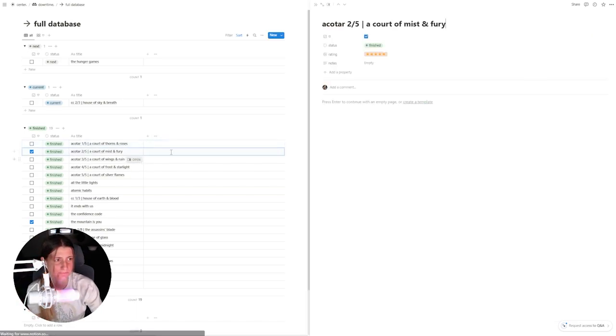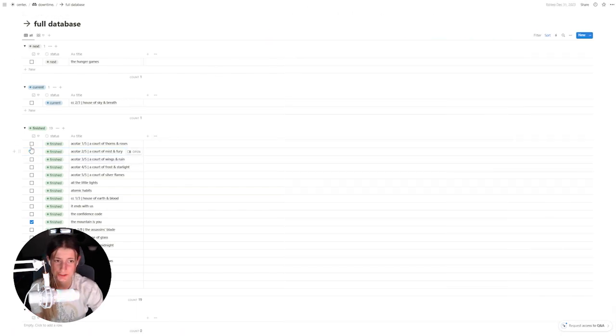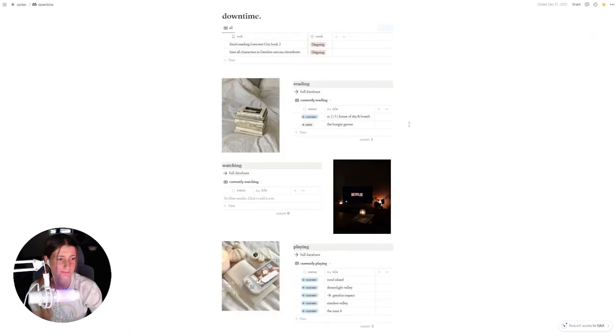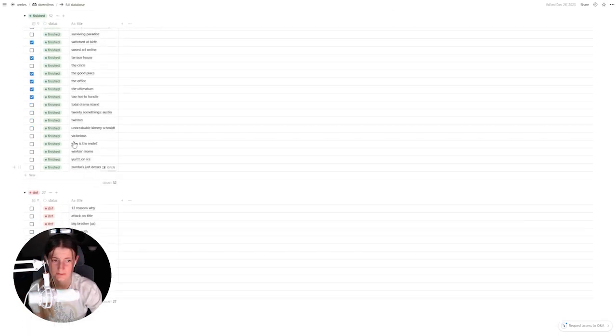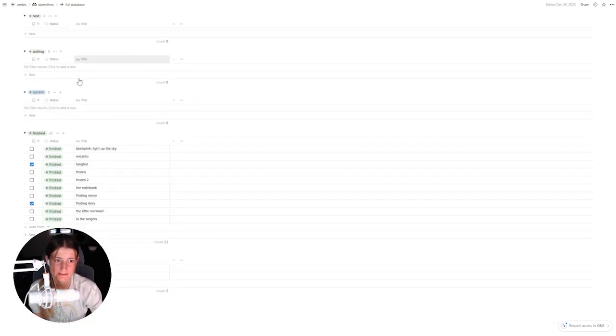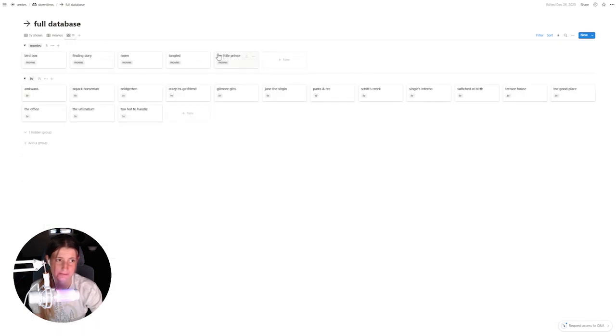I also have ratings individually for each book page, and then if it's checked right here, that means it's one of my favorites. But yeah, this has its own page for favorites, and this one's not as dense because I haven't been reading as much. I just started getting back into it. But if we go to watching, I do have a lot more TV shows that I've watched, and you can see up here I have TV shows and movies in separate categories, but when you have favorites, it does show everything, but it is kind of separate at the same time between movies and TV.